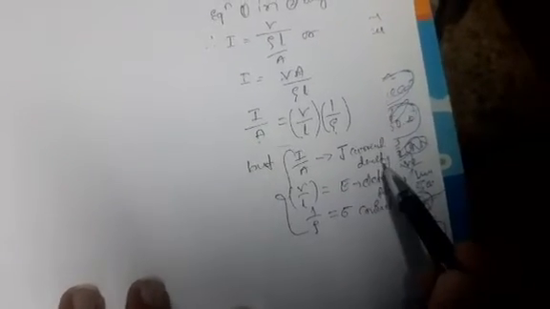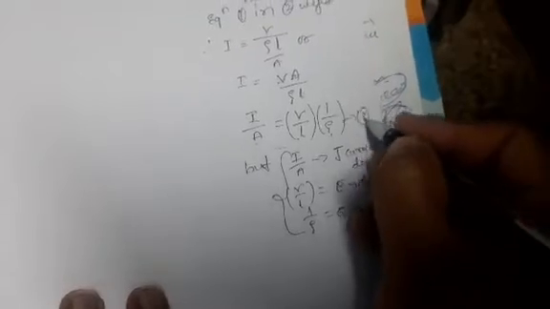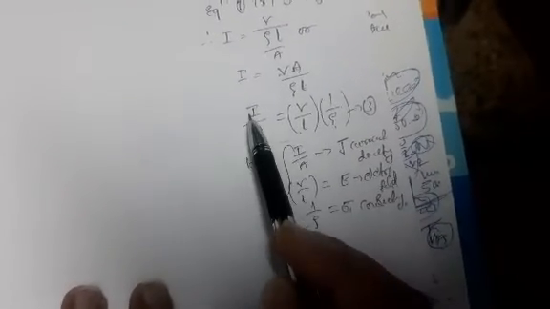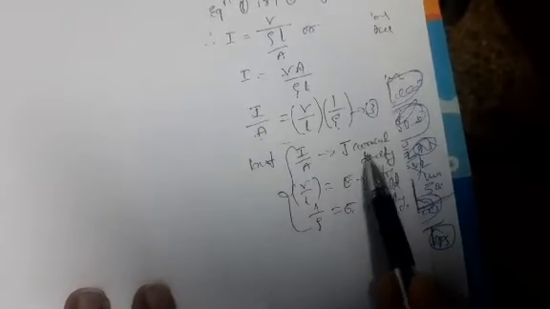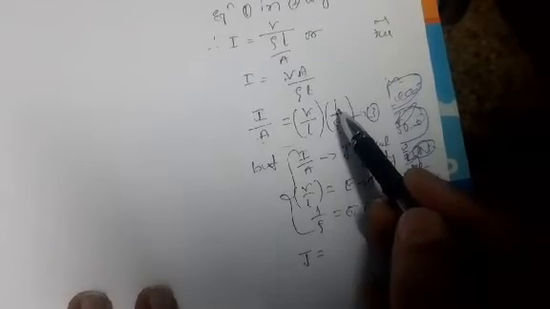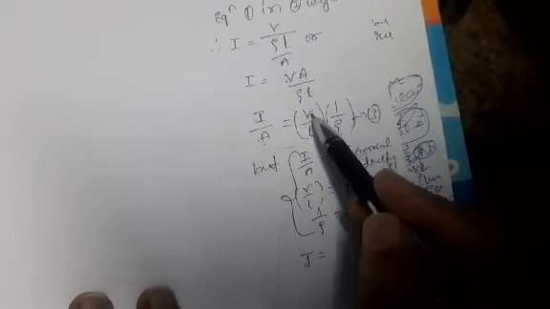These three terms: current density, electric field, and conductivity. Substitute these values in the above equation number 3. The current per unit area is called current density, that is J. The ratio V by L is called electric field. The reciprocal of resistivity is called conductivity, so J is equal to sigma E.